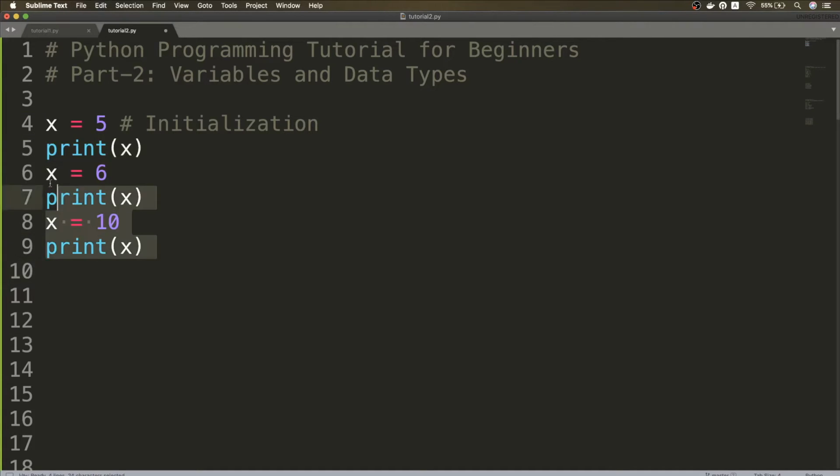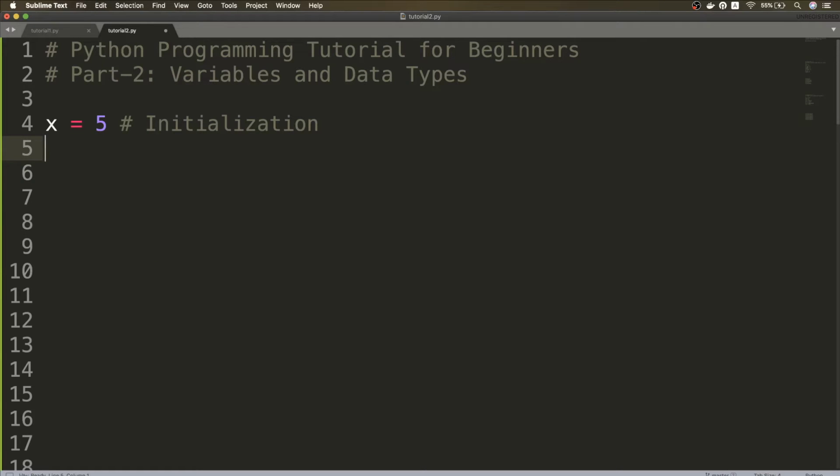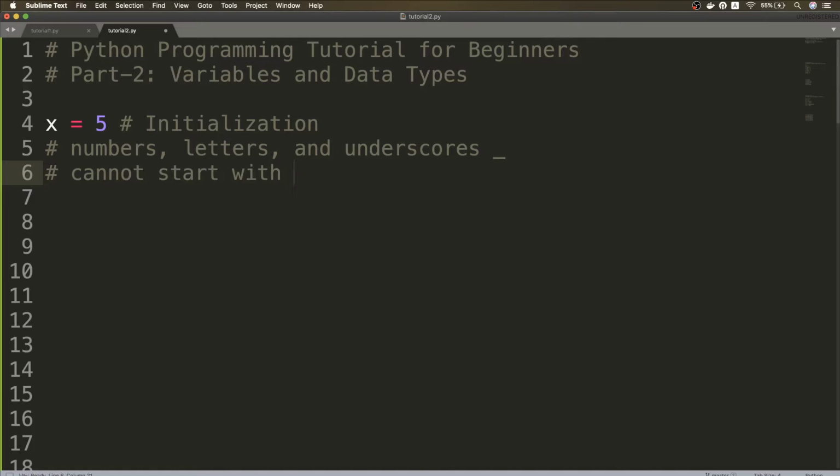Now there are naming conventions associated with variables in Python, so you cannot name them anything you like. A variable can only contain numbers, letters and underscores, and it cannot start with a number. These are the only two rules required for checking if a variable has a valid name or not.